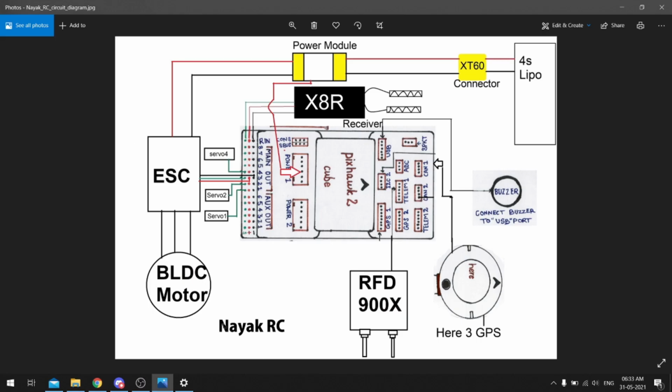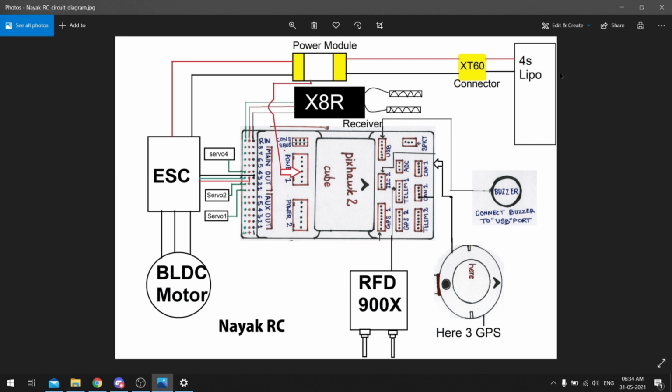Guys, this is the circuit diagram which I wanted to discuss and explain to you. Any circuit diagram which is displayed or taught to you will be explained in a pattern. So it comes from the source, the power source. Here the power source we use is a lithium polymer 4 cell battery. The 4 cell battery is directly connected to the XT60 connector of the total system inside our aircraft, and this battery voltage goes to the source where it is divided into load, and it is also going to the